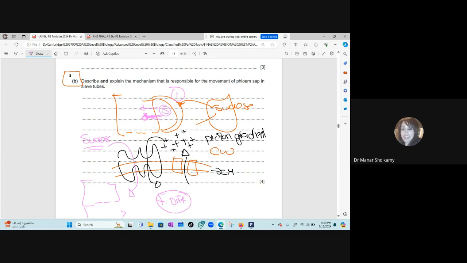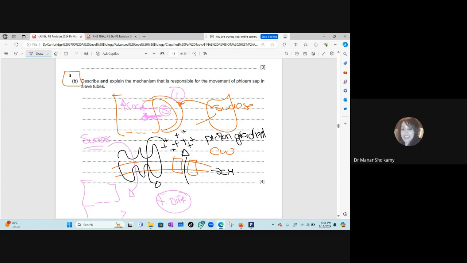Now, as it moves through the plasmodesmata into the phloem, this is apoplastic or symplastic? That's symplastic. Good. And this is active transport or diffusion? Diffusion. Perfect. Now, here inside the phloem, we have a high concentration of sucrose. How is this then transported to the sink within the phloem itself? Low water potential. Yes. Okay, initially there is a low water potential because of the high concentration of sucrose,